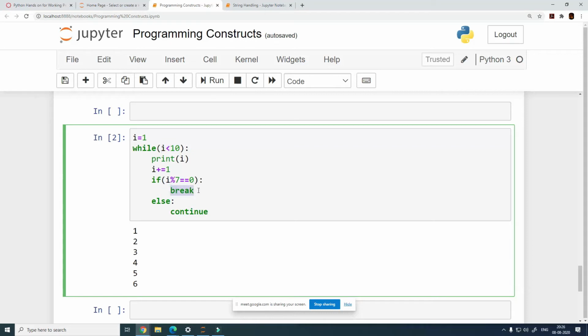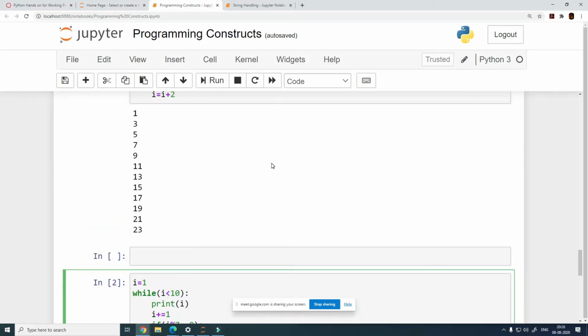Last time around, when we were using the break statement, we were trying to find out the nth Fibonacci number, or whether a number is a Fibonacci number or not. That is where we were using it, because the Fibonacci series does not follow an even step size, right?